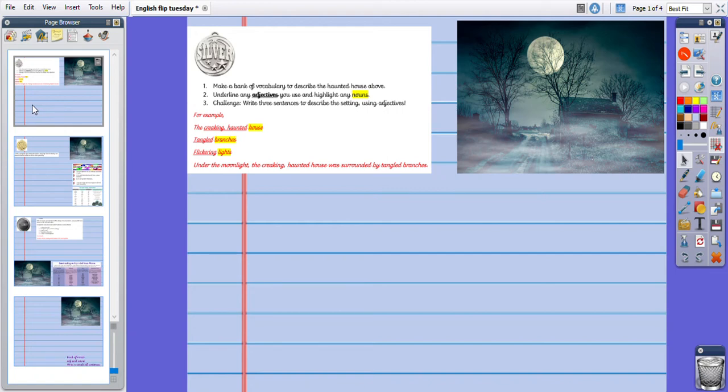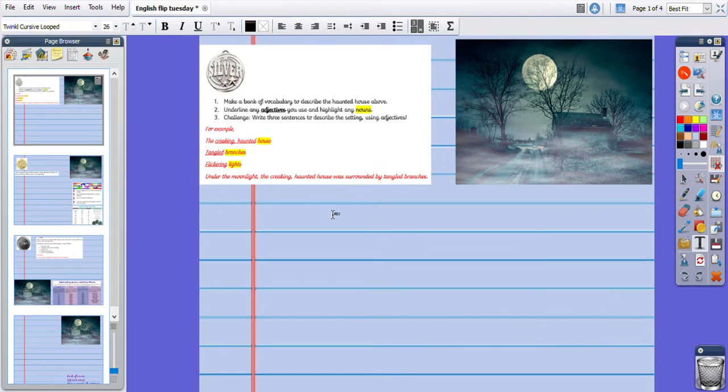Good morning, Octopus class. This morning our English lesson is about using vocabulary to describe. So we may be using adjectives and adverbs in particular here, but also other word types and sentence types to describe a setting. So your silver task is to make a bank of vocabulary to describe your picture on your sheet today. Now I've got a picture here that's different to yours, but I might pick up some vocabulary such